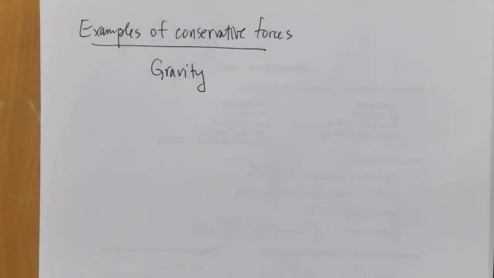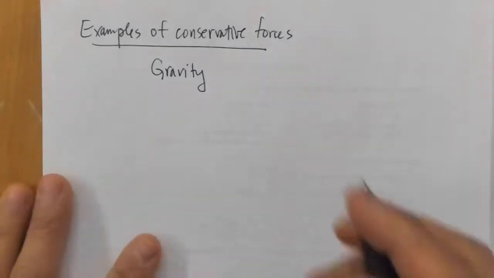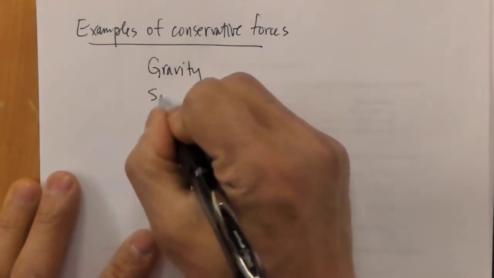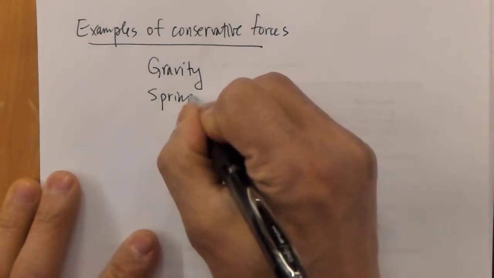There are more complicated formulas for gravity if you are not just at the surface of the Earth that we'll talk about later. The other one is something called a spring elastic force,